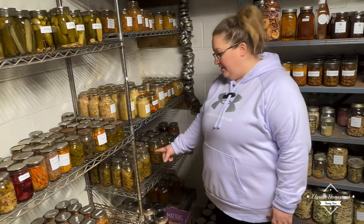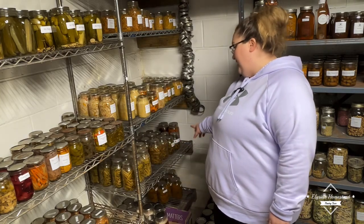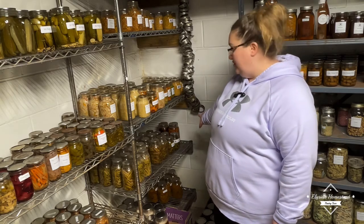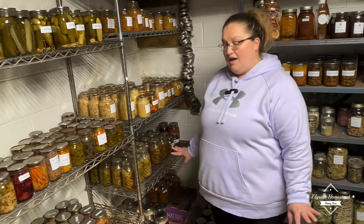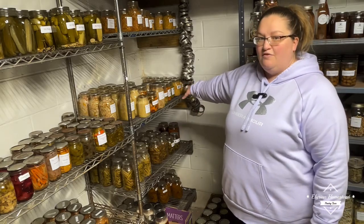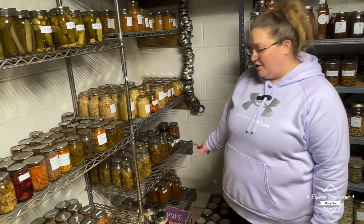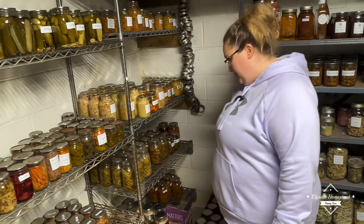Okay, down here we have just regular green beans. I have balsamic beans, and I have green beans and mushrooms, and then I have just a couple jars of carrots, like a couple of older jars of carrots because there's carrots from the garden from this year up here. Down at the very bottom I have winter squash, and then here